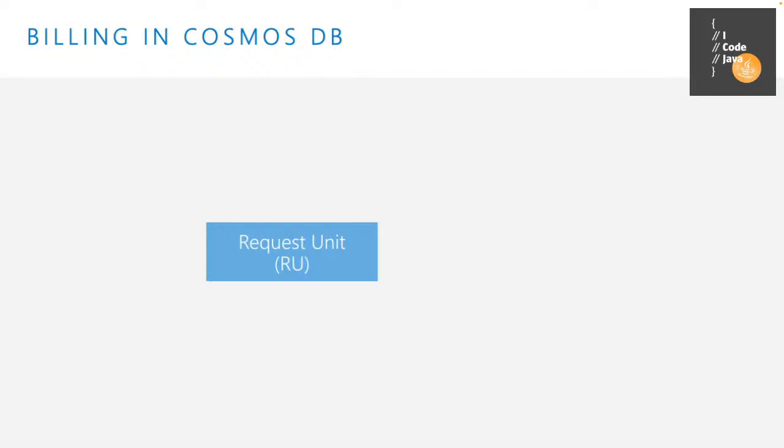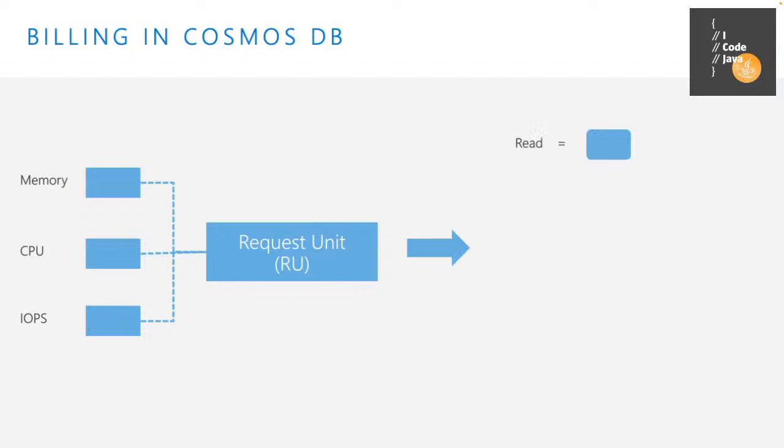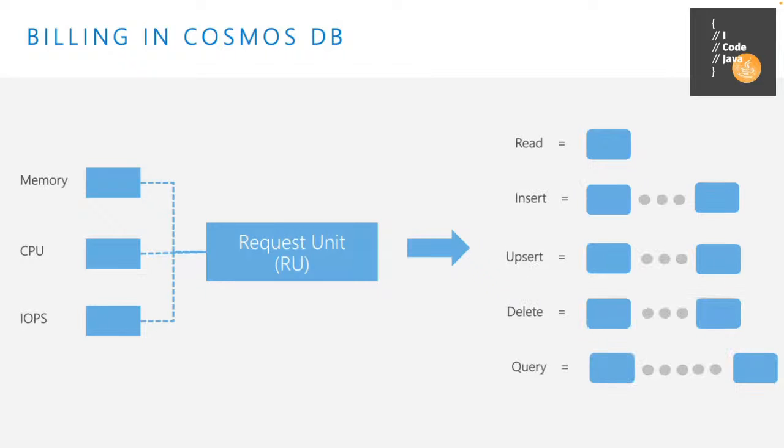And Cosmos uses this idea of a request unit. A request unit is a measure of effort, which is a blend of CPU, memory, and IOPS. And one request unit is exactly the amount of effort it takes to get a 1K indexed page out of memory, right? That is the definition of one request unit, and all operations would consist of multiple request units.